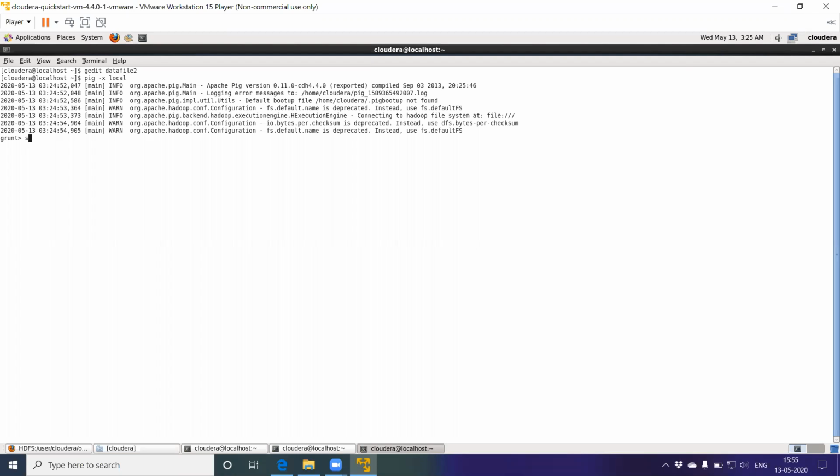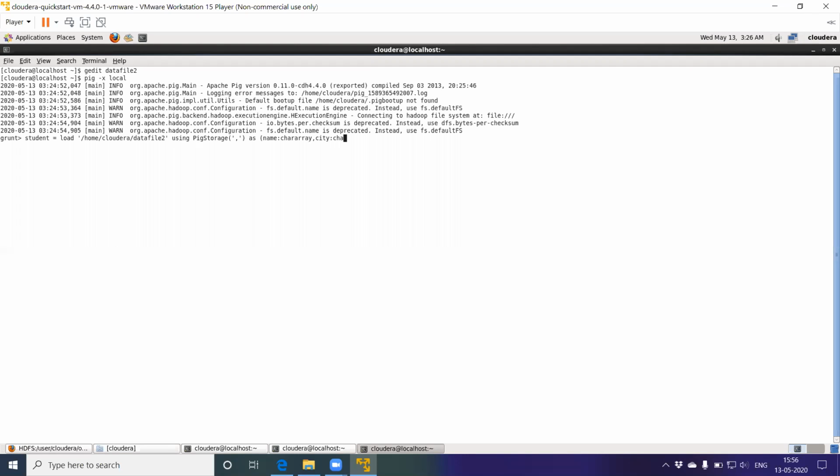Let me name the bag student, space equal space, and then write the command load, space, within single quotes write the path /home/Cloudera, then using PigStorage, P in capital letter, S in capital letter, opening parenthesis, within the single quote you have to write the character that you have used as a delimiter, and then write the schema: the name and the data type of the first column.